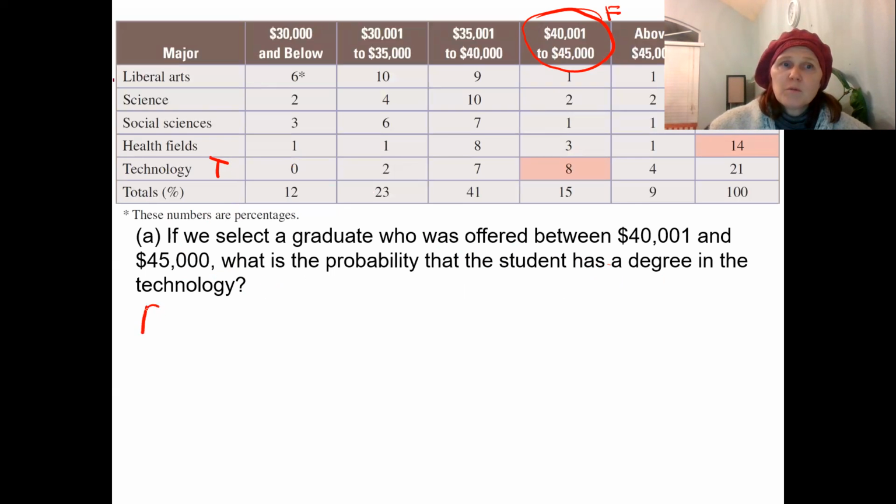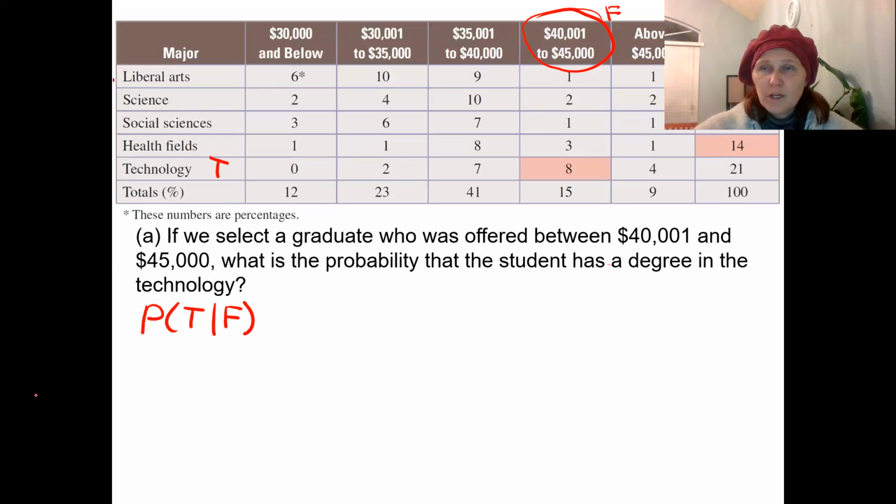So we want to find the probability of T given F, 40 to 45,000. So it means that we consider only these events. So this is the new sample space, and we use the general rule, the probability of the intersection